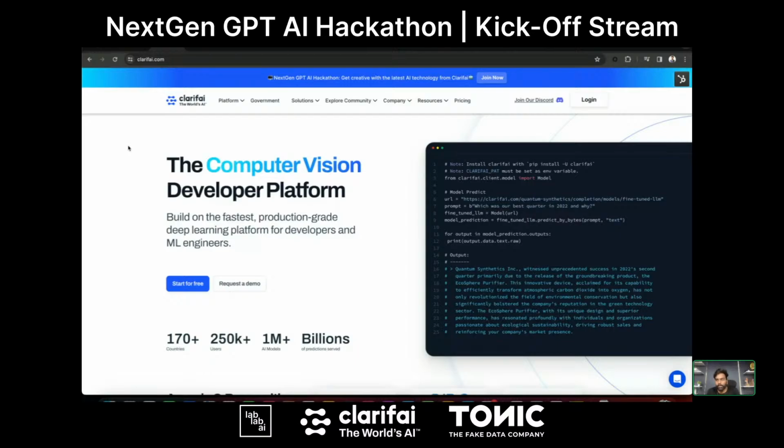So in this session, I would like to go into detail about UI modules. Maybe you got an idea of what UI modules are after the introduction from Sanwal, but I would like to show you how you can create a UI module from scratch, right from thinking of a use case. Obviously, that's what you will be doing in the hackathon as well. You will come up with a use case, use one of the next-gen GPT AI models that we have, build a cool application, and host it in the cloud. That's what I'm going to walk you through in this session.